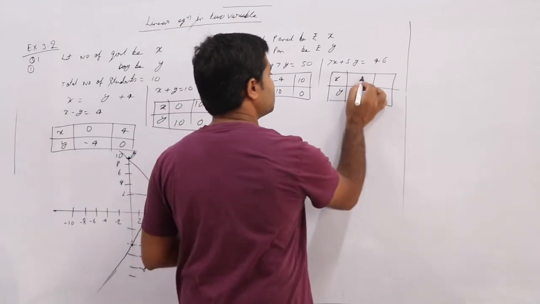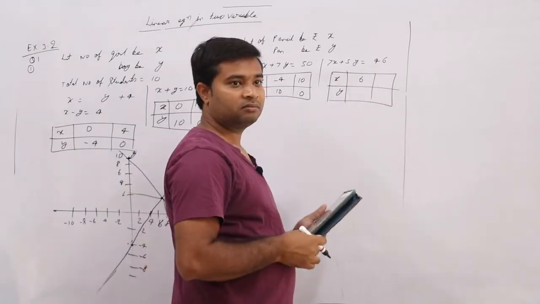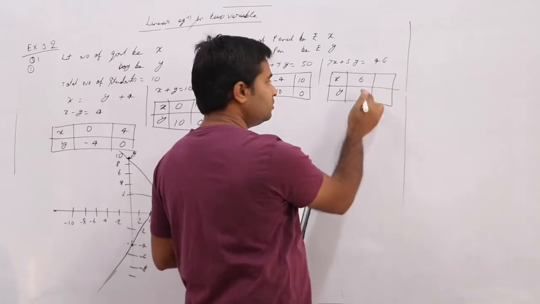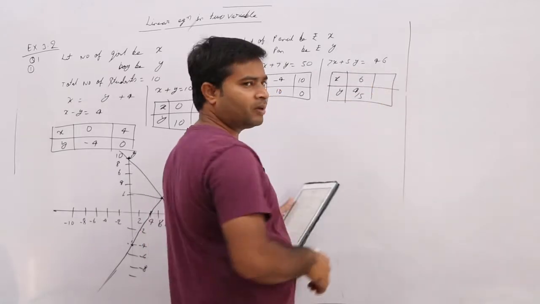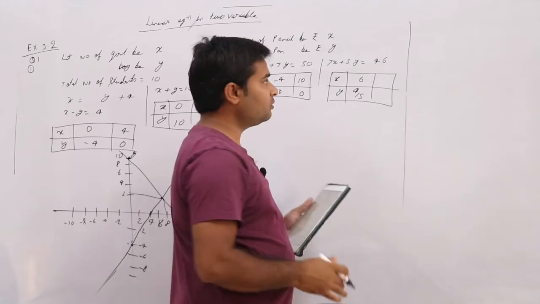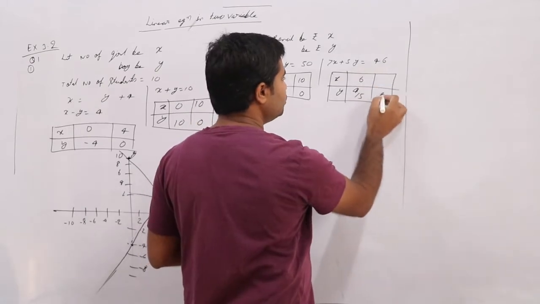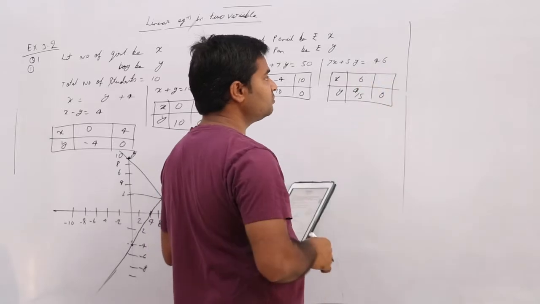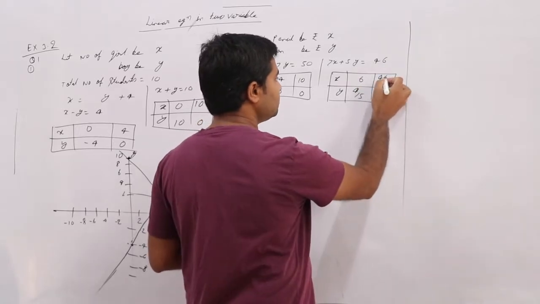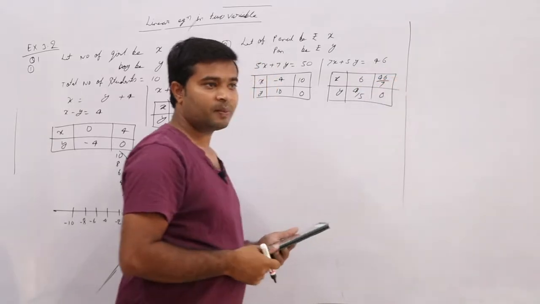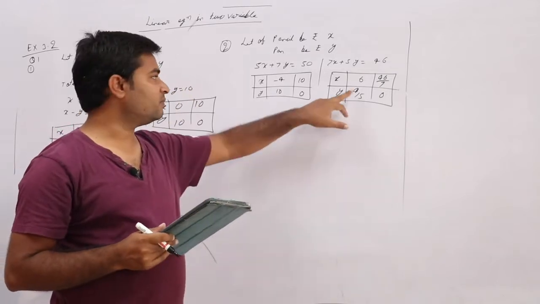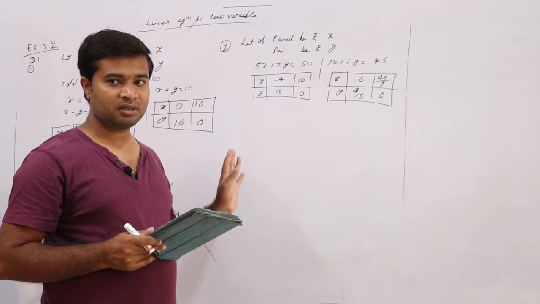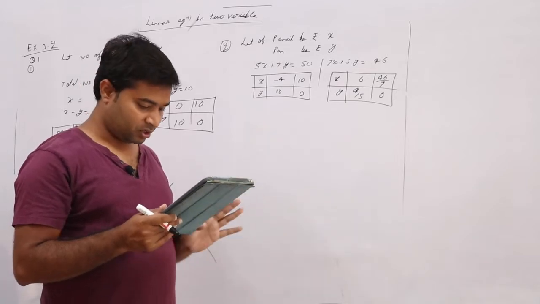Directly put x is equal to 6. 7 sixes are 42, minus 42, 4. So 4 by 5. And put y is equal to 0. 7 sixes are 42, still it will not go. So 46 by 7. Any value you can take, right? After that simplify it. How much will you get? And that one you should put on the graph. Yes or no? So leave this one. I am not doing this one.